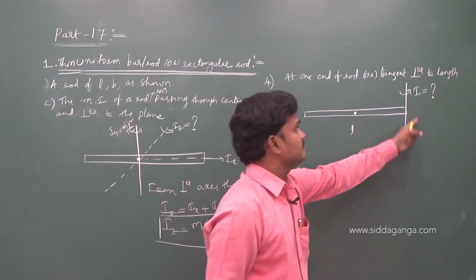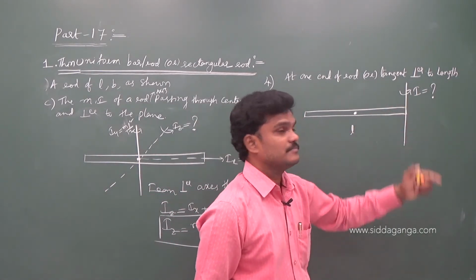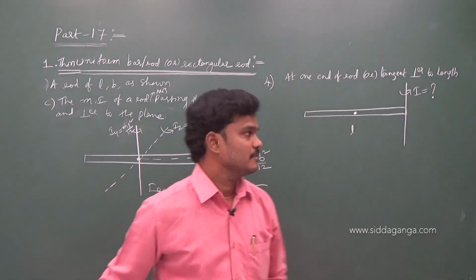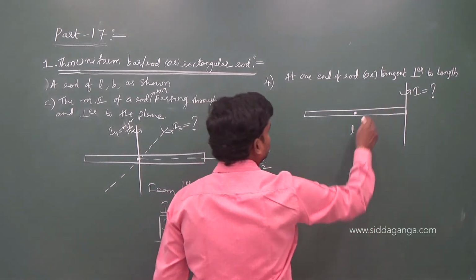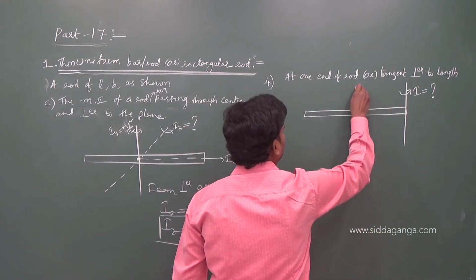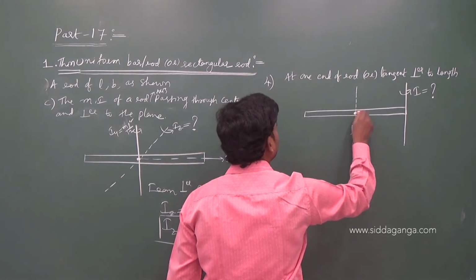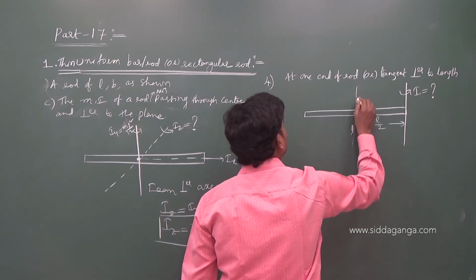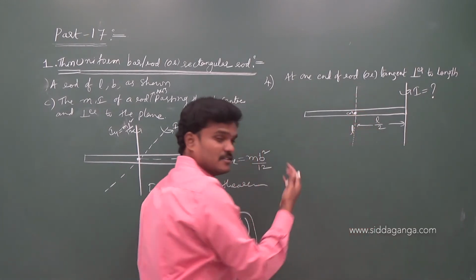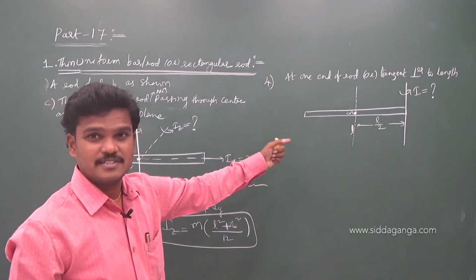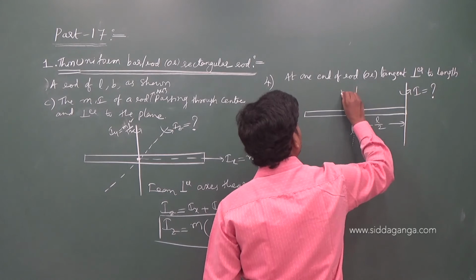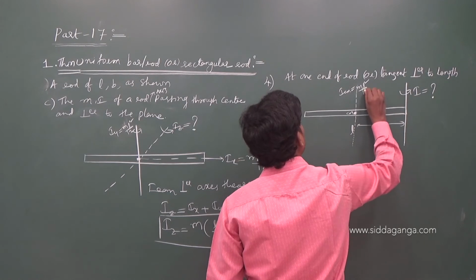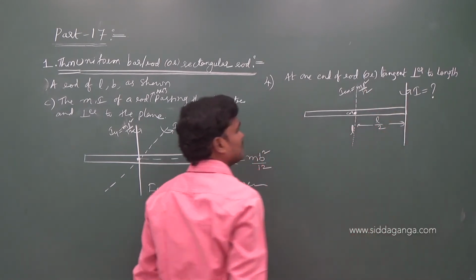About tangent perpendicular to the length. Okay, so this is the rod, about this, perpendicular to the length. About this means, see, about this we got the formula. This is the axis passing through center, and what is this distance? L by 2. And about this we have a formula. That is the center of mass. And what is this value? ICM, nothing but how much you got? M L square by 12. Then our target is to find about this axis.